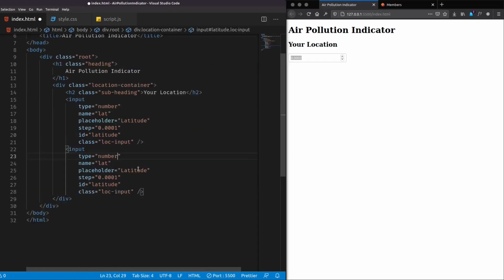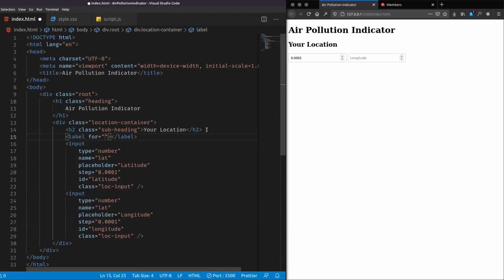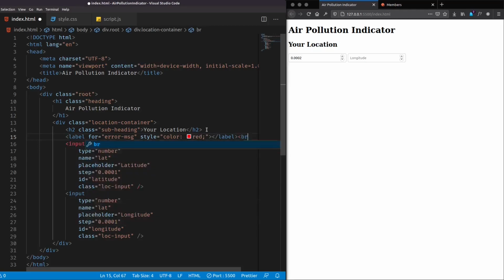Everything will be same. The placeholder will be longitude and the ID will be longitude, and I also want a label to simply display some error message if we get any error, and I'll add an inline style over here of color red and simply add a break.